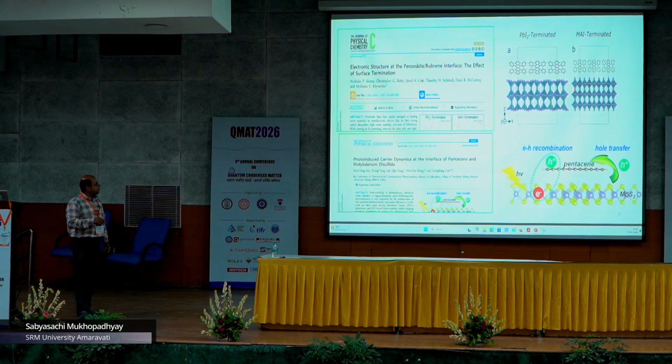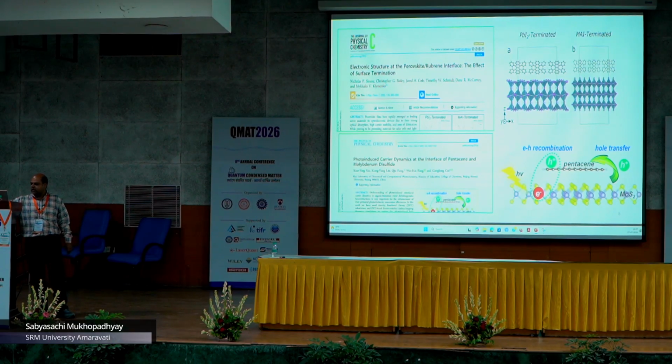So they say that a lot of termination has been created in this case, and that always creates some kind of interfacial effect and interfacial property which is going to give more photocurrent in your circuit. In another report I have seen photo-induced carrier dynamics, which tell that they have an energy when they put a MoS2 and then pentacene type, which is also two-dimensional organic electronics. So they have found there is a lot of electron and hole separation when you shine the light on those materials.